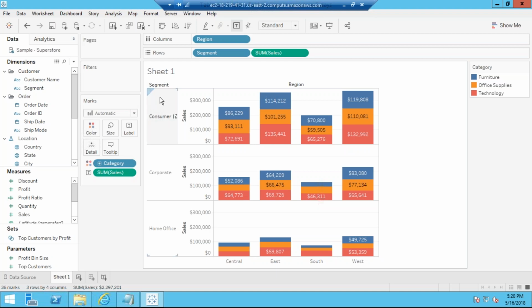So for each customer segment, what is the sales by region, sectored by category? This looks more informative, and my user is going to see a lot of information from this. This is again called a stacked bar chart, and you can expand this according to your requirement. So this is one thing. Any doubts here?